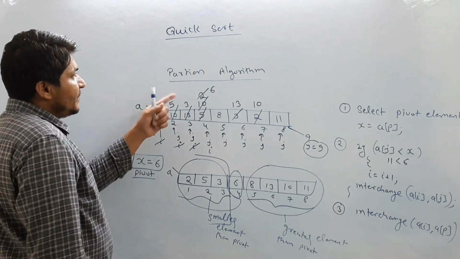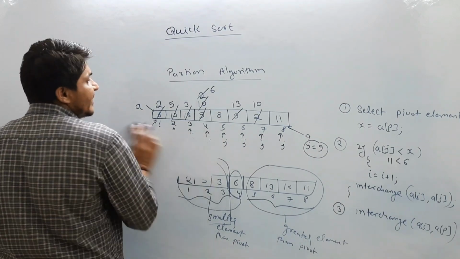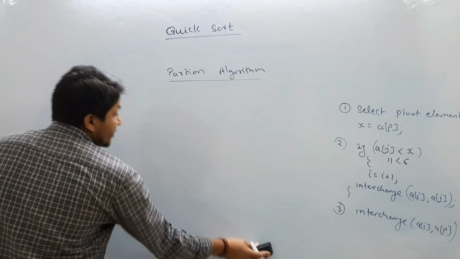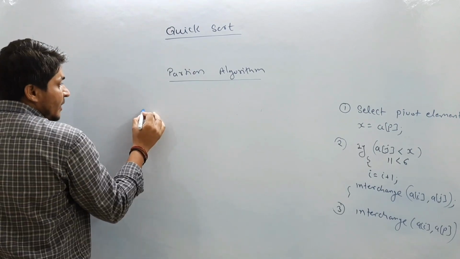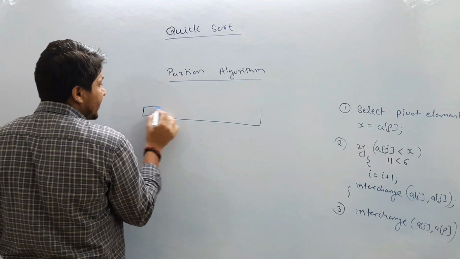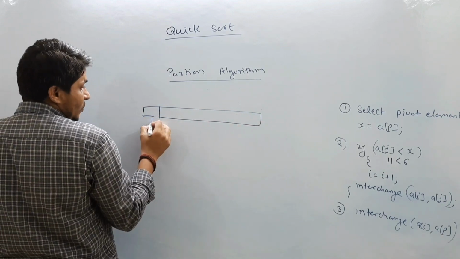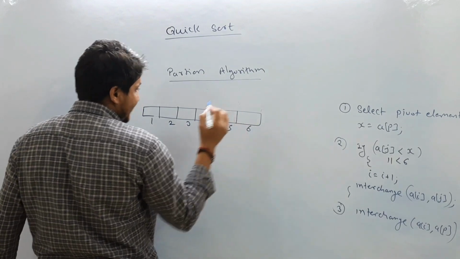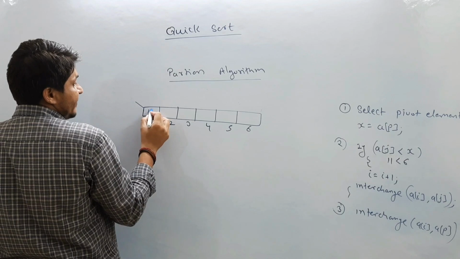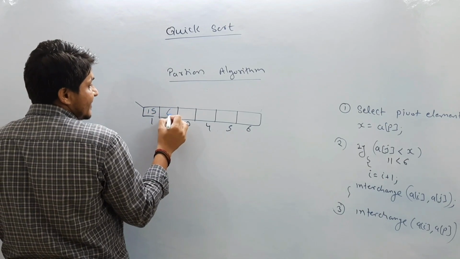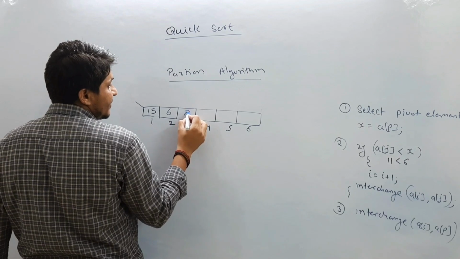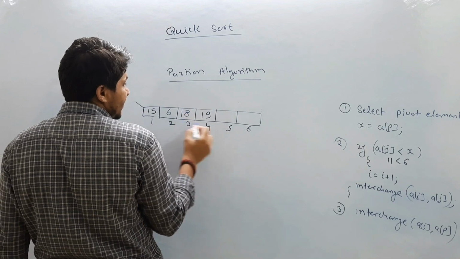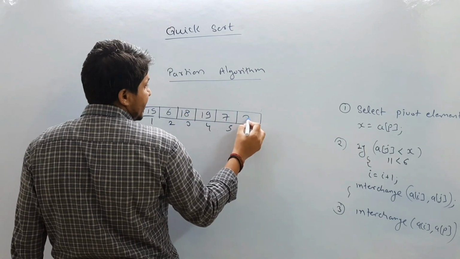So let us try to understand. Let us try to implement the partition algorithm. Otherwise we can take another example to understand this algorithm. Let me take another example, how we are doing partition. This time we are taking fewer elements in this array, 6 elements. Let us assume this is 15, this is 6, let's say this is 8, let us assume this is 19, or you can say this is 18, let's suppose this is 7, this is 28.